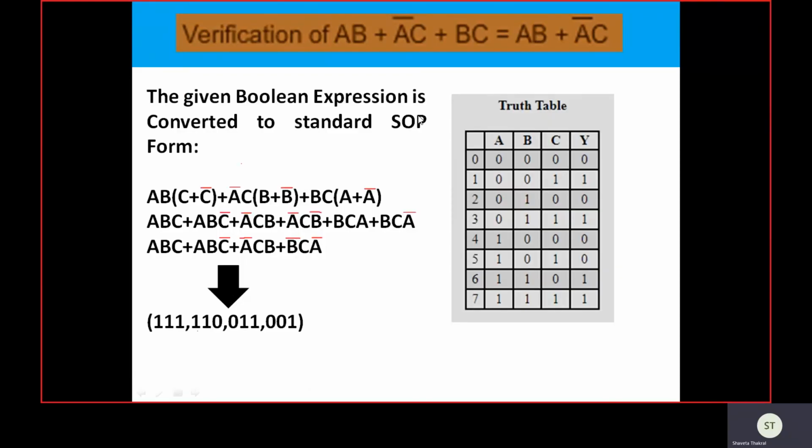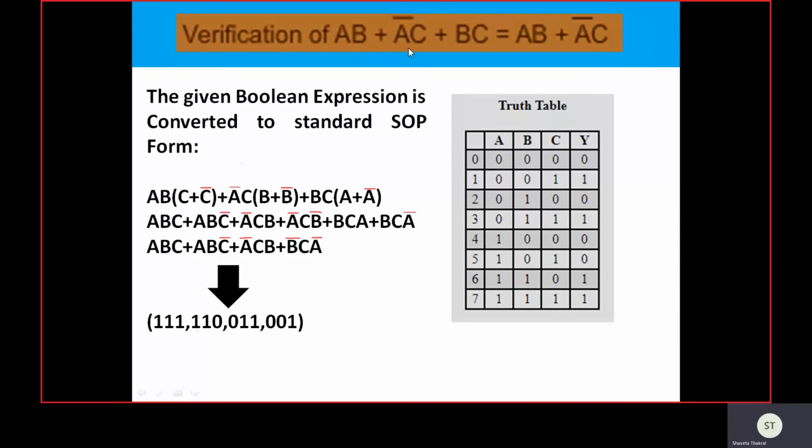As we need to reduce the original Boolean expression using the K-map, and the K-map needs the standard SOP form, how do we convert this original Boolean expression to standard SOP expression? Why is this form not standard? Because we can see the combination of A and B is there, two variables, but the third variable C is missing.